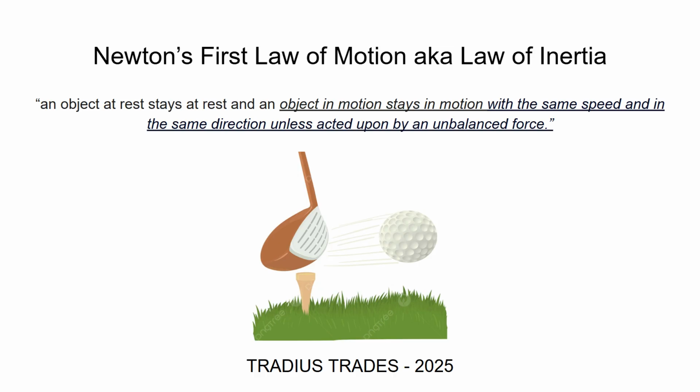So we can take that into account and think to ourselves, once we see a trend, it's established, we should expect it to continue until it isn't. And therefore, with that assumption in mind, we can align ourselves with the trend because we anticipate that it's going to keep moving until there's some force that acts upon it to send it in the other direction.